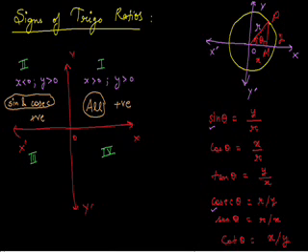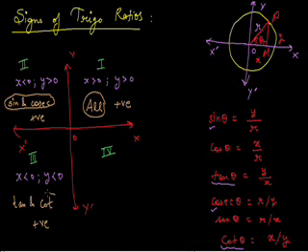Let's talk about the third quadrant. In the third quadrant, we are below the x-axis and to the left of the y-axis. So x will be negative as well as y will be negative. So to obtain a positive quantity, we need to take the trigonometric ratios in which x and y both are available. So the trigonometric ratios tan theta and cot theta are such ratios in which y and x both are available. So in the third quadrant, tan and its reciprocal cot are positive. Tan and cot